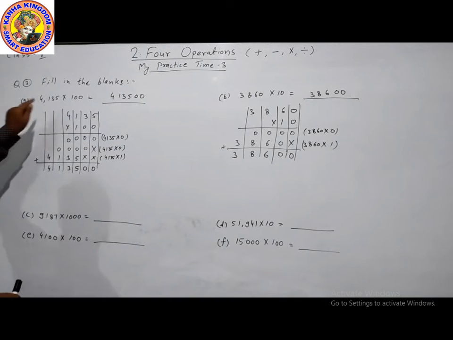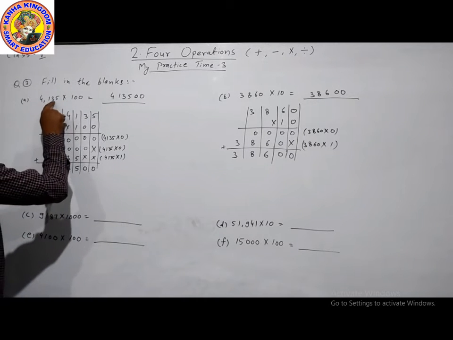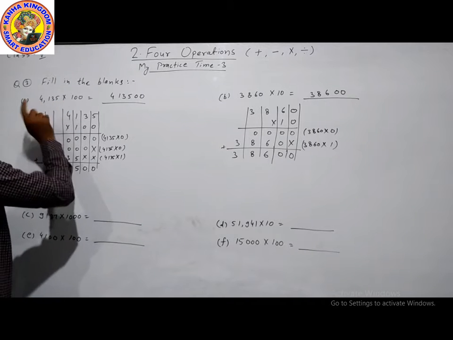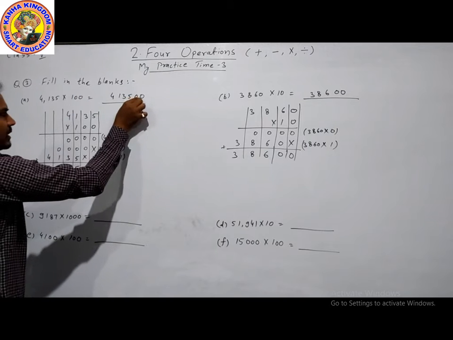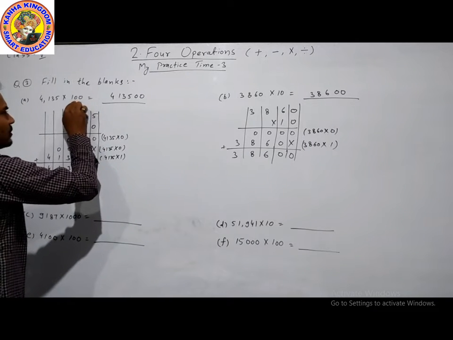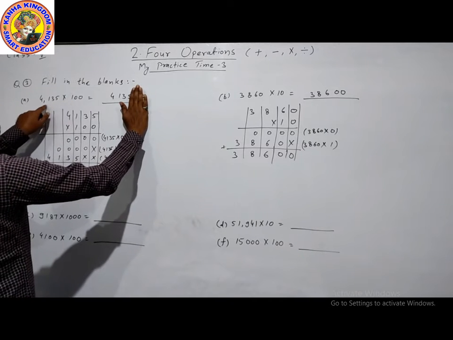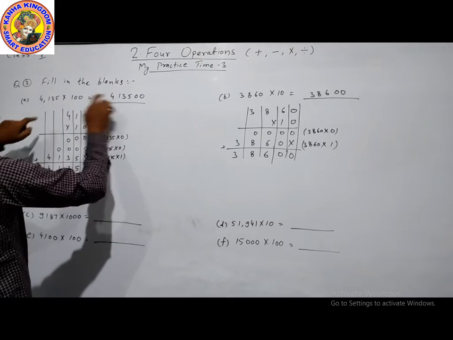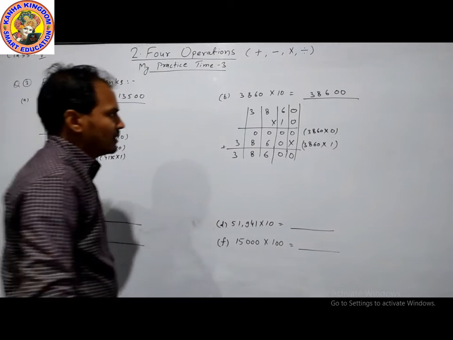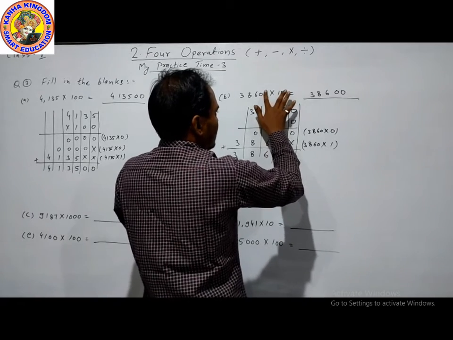Let's leave this multiplication now. 4135 into 100, answer is this. 4135 into 1, the answer is the same, so 4135, then double zero. This is double zero, so we will directly use this double zero. Now 1 into 4135, 4135, the same number with double zero. Here is 1 0 and 1 0, 2 0. Leave this.